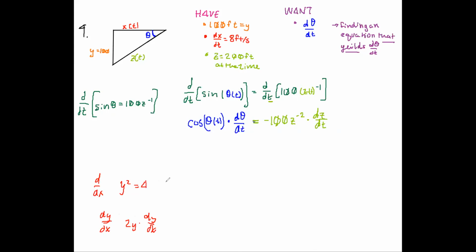If A is equal to y squared, then dA dx would be equal to dA dy times dy dx, and dA dy is equal to 2y, so we get 2y dy dx. Right. So when you do that,